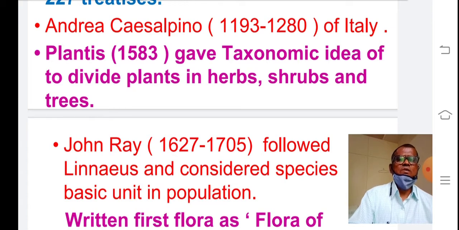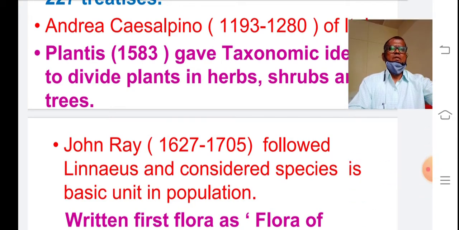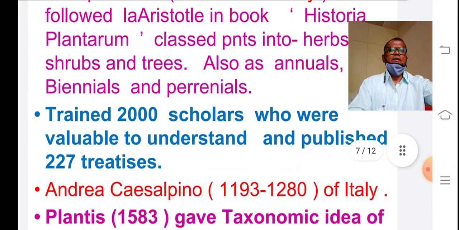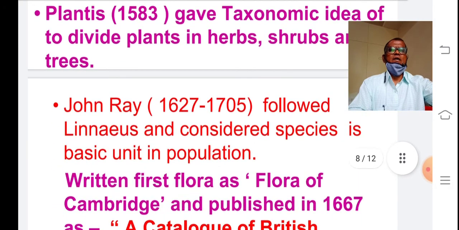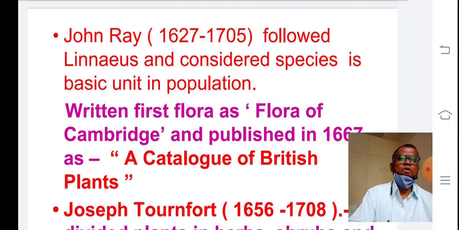So this name is given in honor of this scientist, Cisalpino. The plant is the one another scientist in 1583. They gave the taxonomic idea and divided the plants into herbs, shrubs and trees, right? Then there is one authority, John Ray. So in 1627 to 1705, he was followed by Linnaeus and considered the species as a basic unit in the